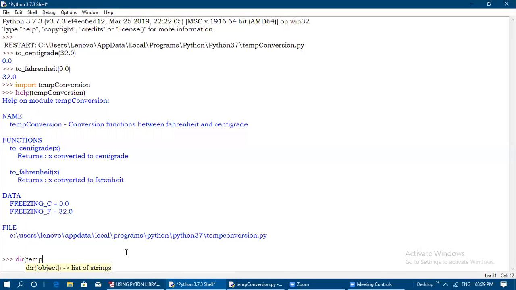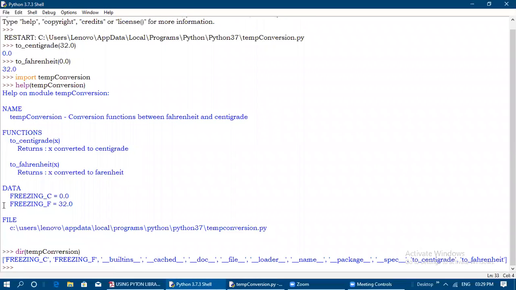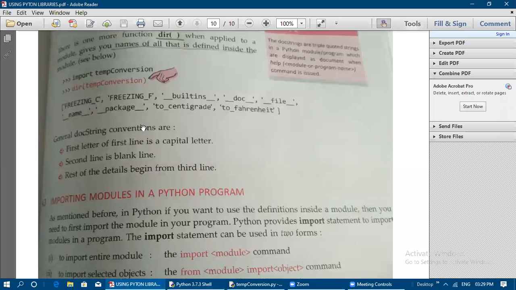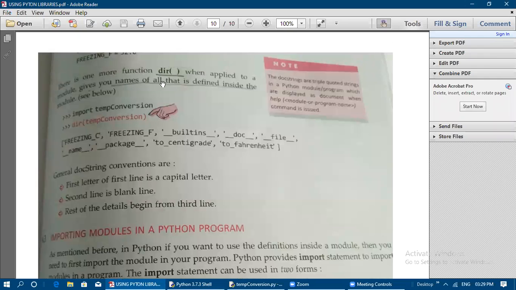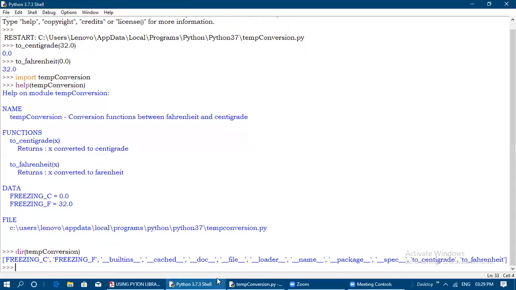The C should be capital in temp conversion. So it is displaying all the names that are defined inside the module with the help of this dir function.